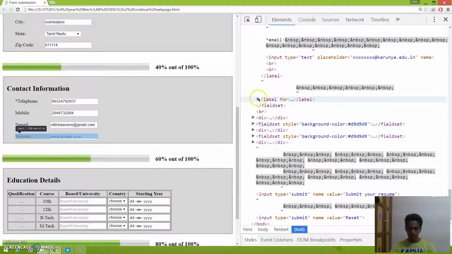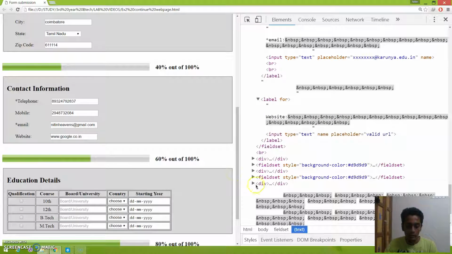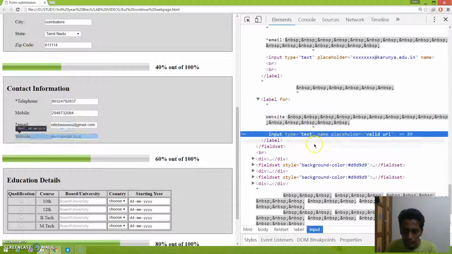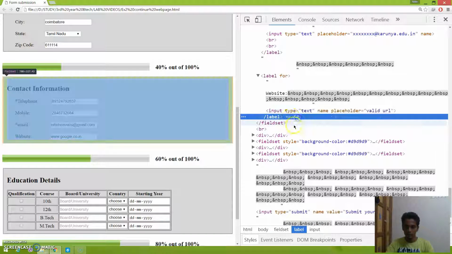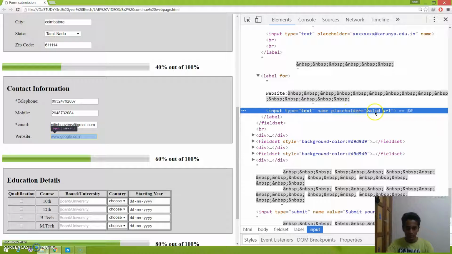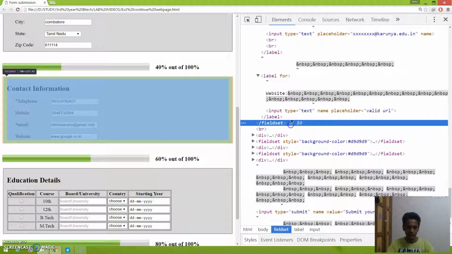So record, website, the input, the text, name, placeholder, valid URL. It has to be a valid URL. It's just for confirming or verifying the URL.